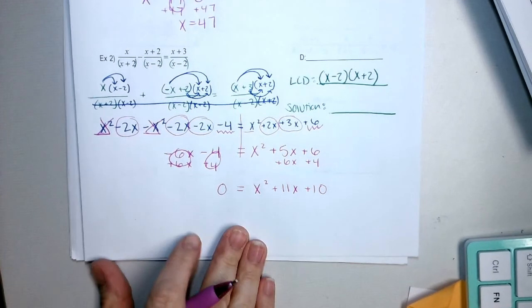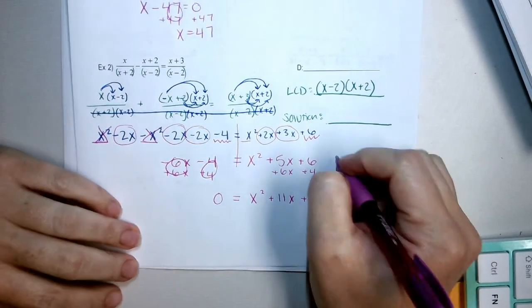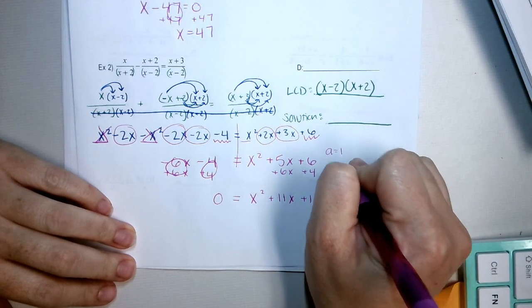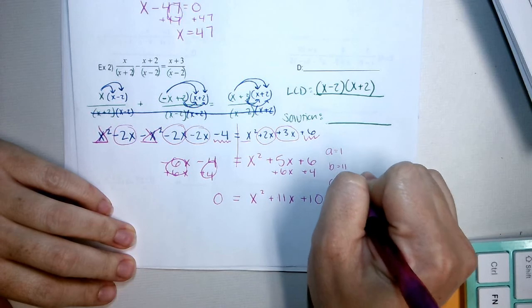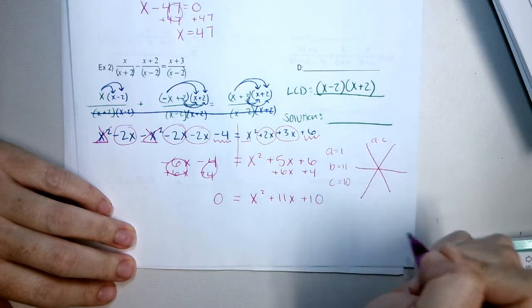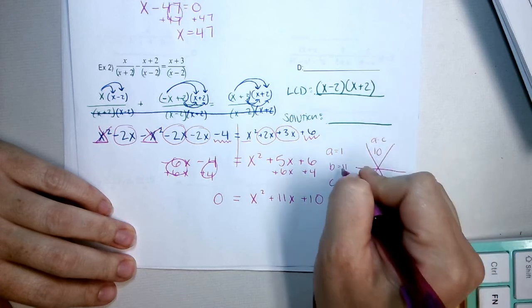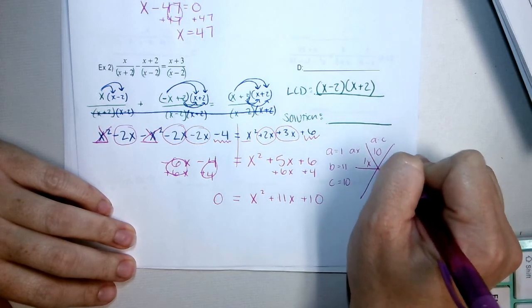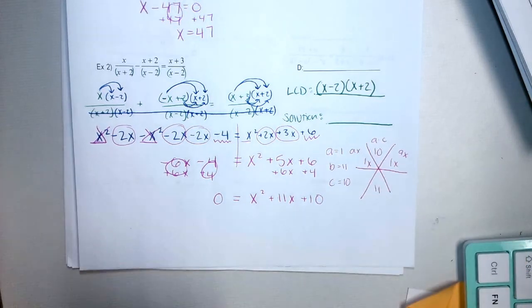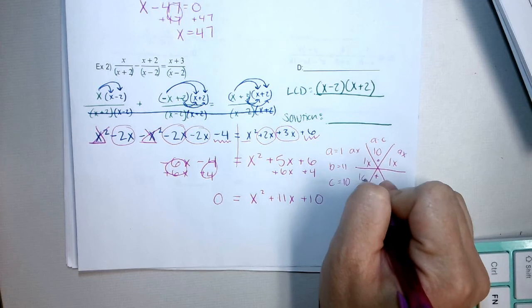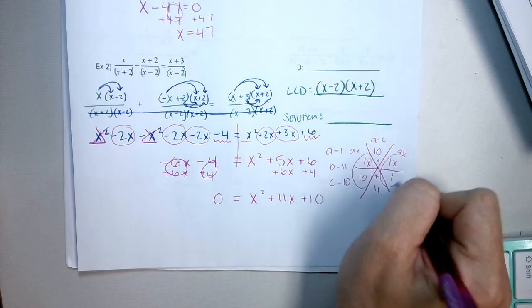Okay, and this is where we have to factor it. So a times c on top, well 1 times 10 is 10. B is 11. Ax, well 1 is x. What multiplies to give us 10 but adds to give us 11? Yeah, this is a pretty easy one. So x plus 1